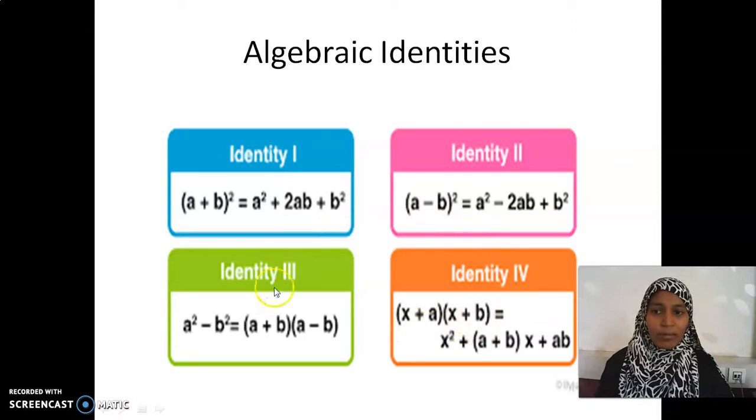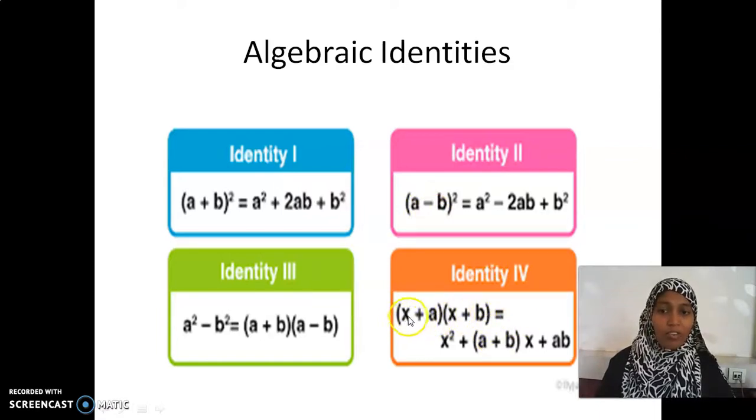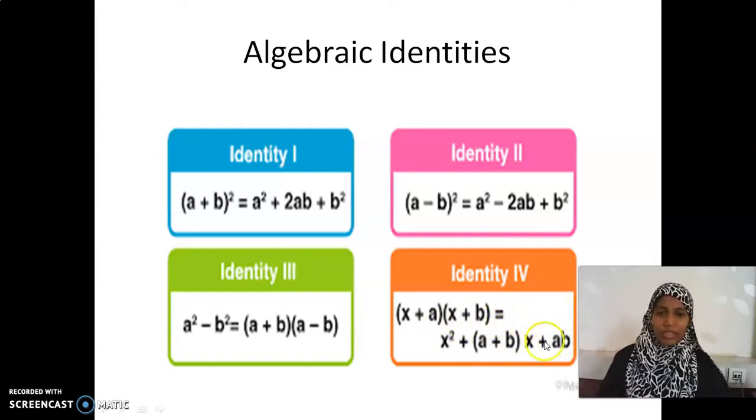What about all the other remaining three identities? We will have only two variables, whereas here we will have three variables, and even among that, one will be added with the other two. x plus a into x plus b. What is the identity here? x squared plus the sum of the other two variables, (a plus b) into x, plus the product of the variables, ab. You will come across this equation hereafter in higher classes very often. Frequently you will be doing this. This is a very basic concept that we will be using often in higher classes.